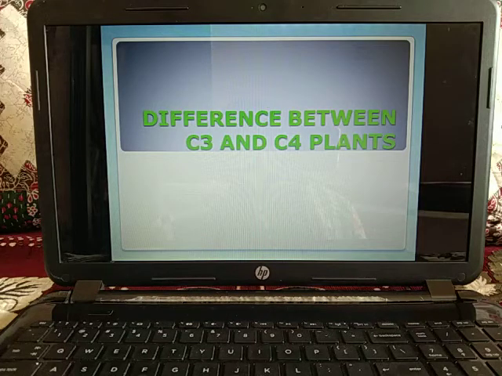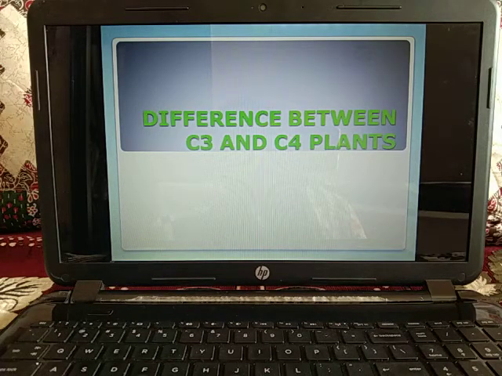The chloroplasts do not have peripheral reticulum in case of C3 plants, and in case of C4 plants, chloroplasts have the peripheral reticulum. Chloroplasts are of one type, that is monomorphic, in case of the C3 plants, and there are two types of chloroplasts, that is dimorphic, in case of C4 plants. Bundle sheath cells usually do not contain chloroplast in case of C3 plants. Bundle sheath cells possess prominent chloroplast in C4 plants.